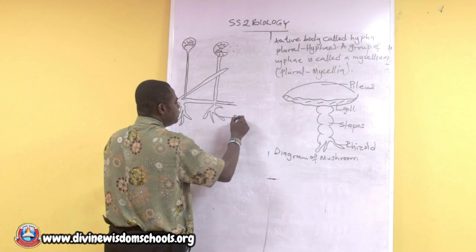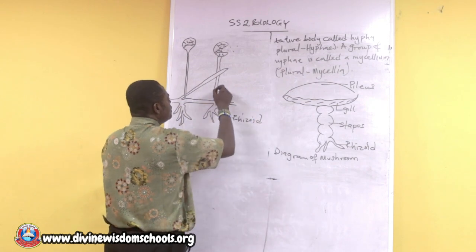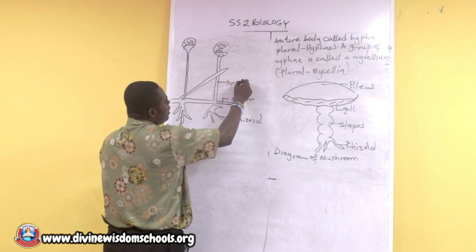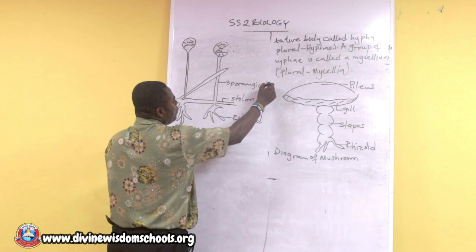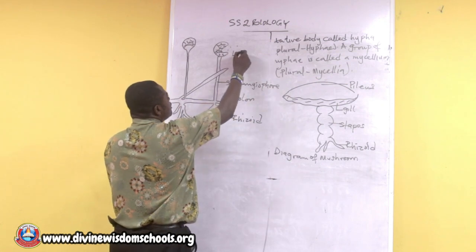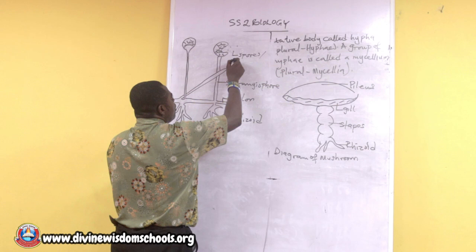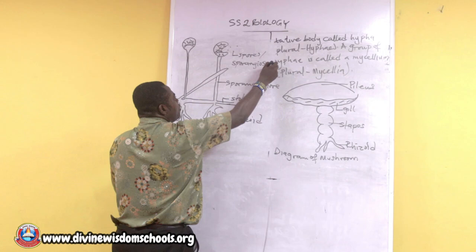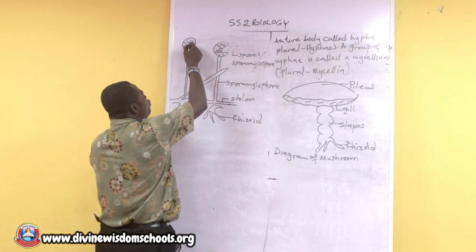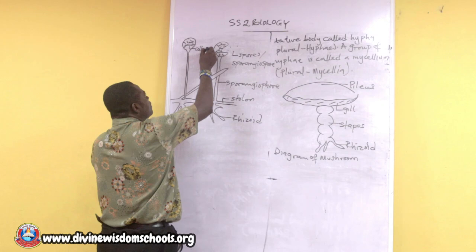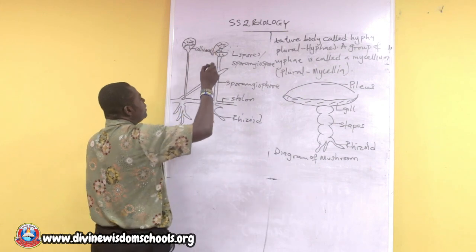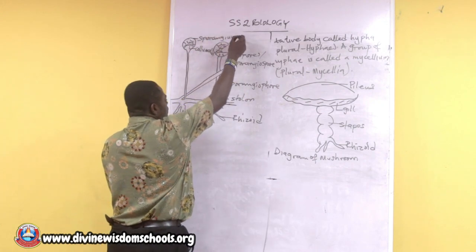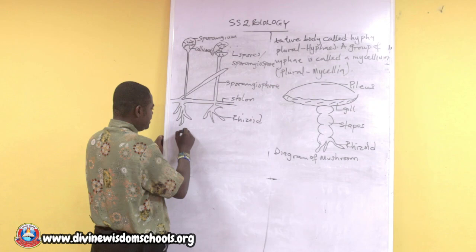Now, this is rhizoid. This is stolon. This is sporangiophore. These are spores, sporangiospores. Then this is columella. Okay, this is sporangium. Now, but if it is a